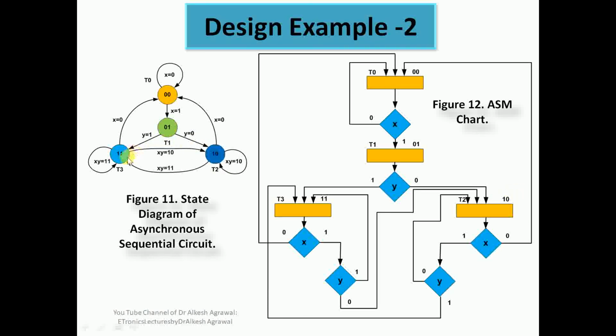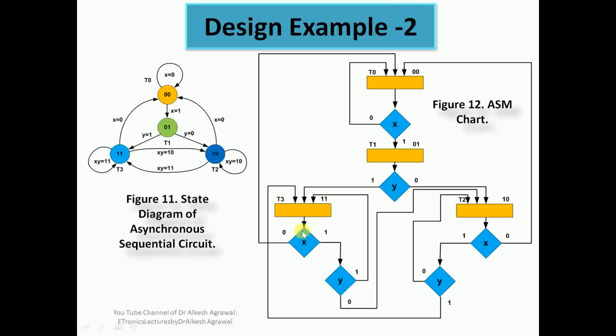Now we have switching between state T3 and T2 that depends again on the same decision variables x and y in combination. Here you can see when x is 1 and y is 1, we have a self transition.